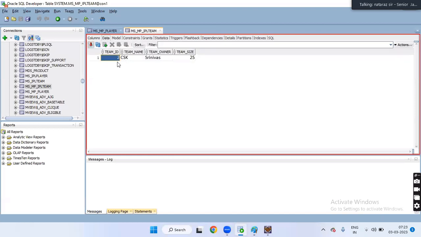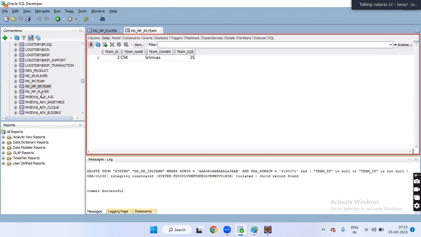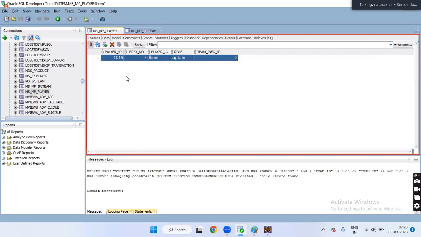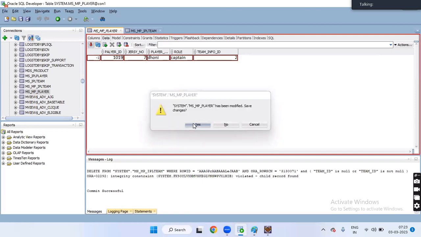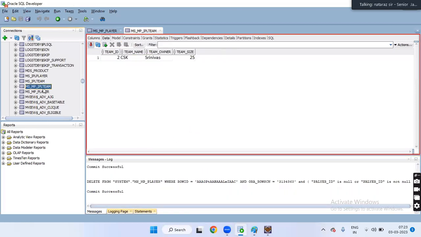To avoid the confusion, I will empty the table. It cannot be deleted because player records are there. Nice.